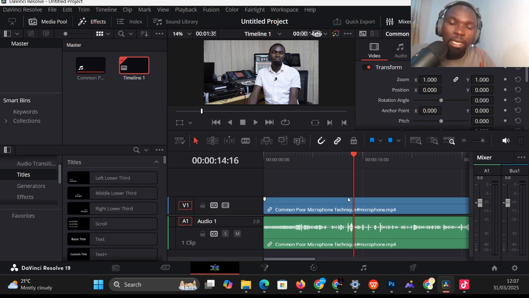Try to make sure that when shooting, you get out of the location or out of set with the best, so that when editing, it will not be hard work. You're not going to be fixing mistakes that you're supposed to fix when you are shooting. So have fewer mistakes when you come to editing, so that even the process of editing can be smooth and you can take the shortest time to edit. Yep. So that's the second interface, and the third interface is